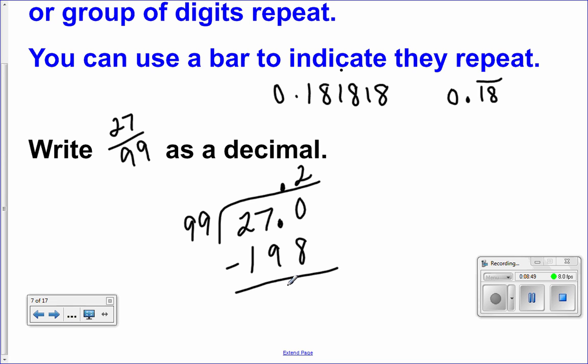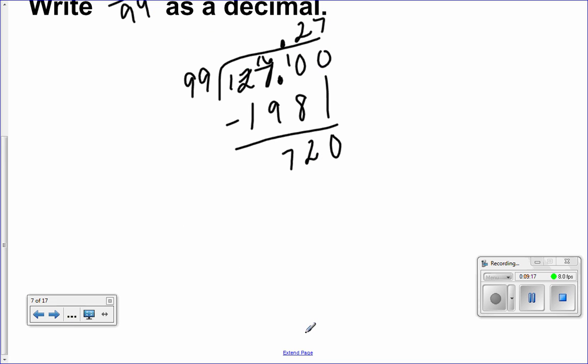So now I'm going to subtract, borrow, so I'm just make this a 6, make this a 10, I have a 2, I have to borrow again, 16 minus 9, we're going to get 7, so I have 72 remaining, and I want to bring down a 0. How many times can 99 go into 720? Well, use your calculator to help you. It goes in 7 times. So 720 minus